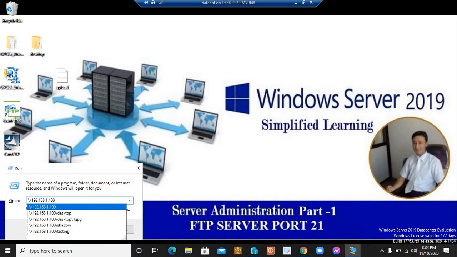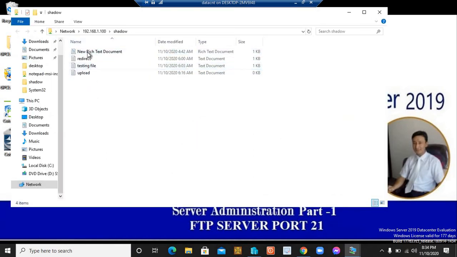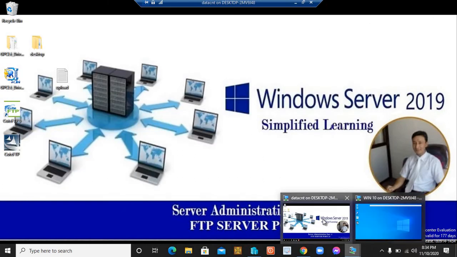This is our IP address and there is a folder called shadow. There are 3-4 files I have created previously, so all these files are there. That means anyone can access this file inside a folder using this network access path. Now I hope by the time your FTP server